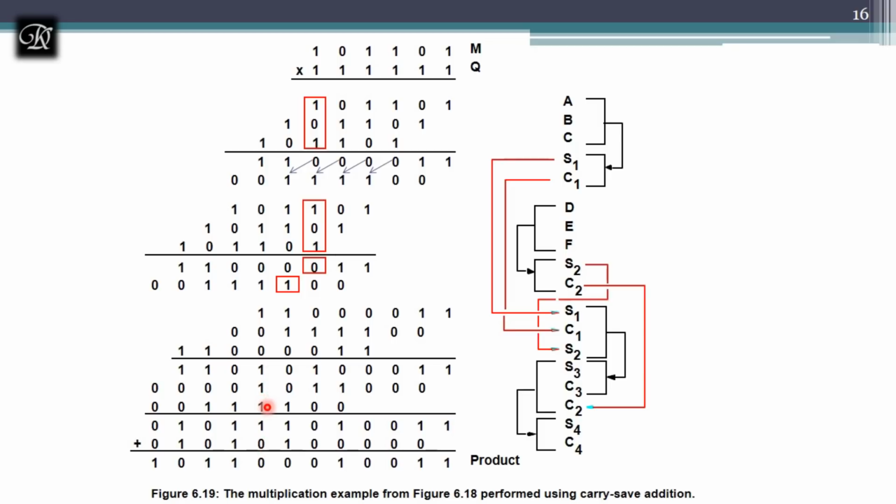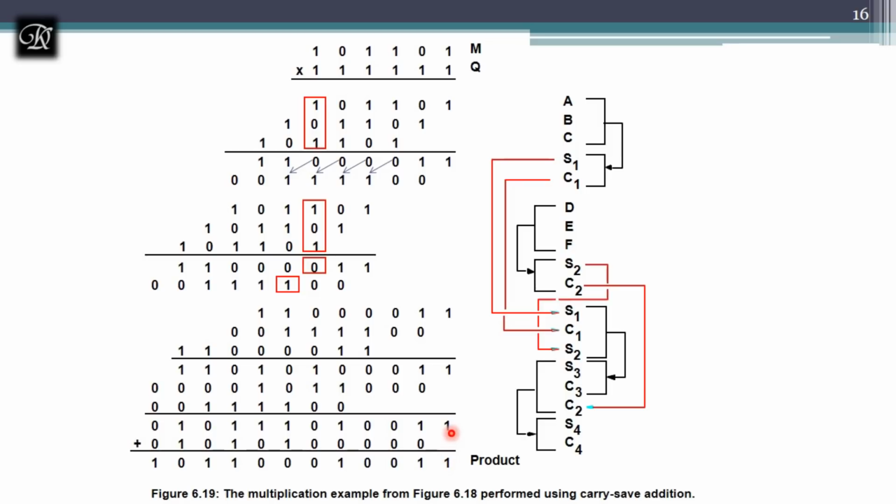And 1 1 1, it is 3 now. Sum is 1 and carry to the next level is 1. Now 1, it is 1, carry to the next level is 0. And now it is 1 0, 0 here and 1 will be in the carry. And 1, it is 1 will be on the sum and carry to the next level will be 0. And 0, it will be 0 and carry to the next level is 0, but you need not mention it because even though you are going to write 0 over there, it's not going to change the value of it. Next, now I have only two, that is S4 and C4.